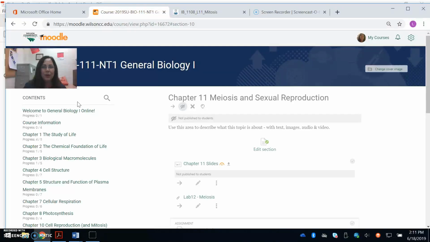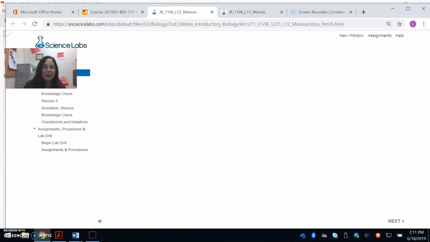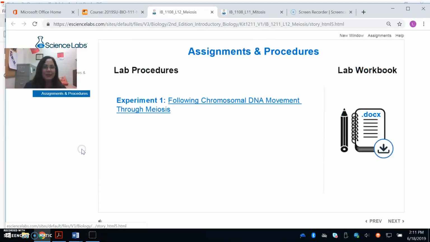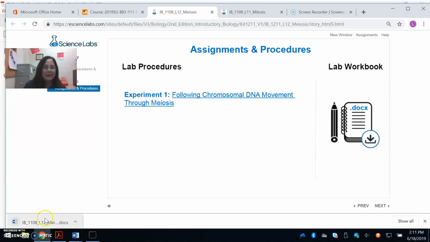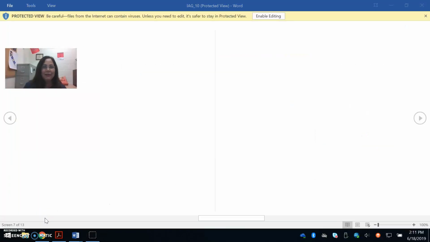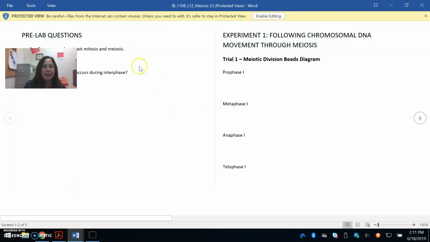Then if you go into chapter 12, you might have noticed on the syllabus that lab 11 mitosis and lab 12 meiosis are due on the same exact date, which is June 26th. When you click on lab 12 meiosis, go to assignments and procedures. You're going to download your workbook. Now this time, you do not have to do the poppet beads. You can just answer the questions and make drawings. You may be running short on time, and the beads may not really be helping you, they're just making it more complicated. But you will do both experiments and make your drawings this time